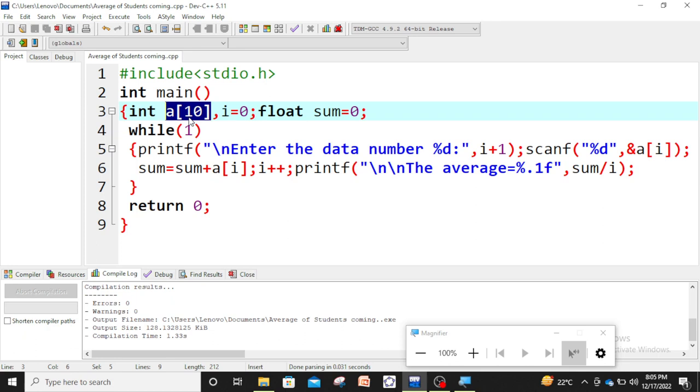and hence the memory allocation done by an array is called static memory allocation. Static memory allocation. And there is a way in C program to get dynamic memory allocation. I will show you how we can get dynamic memory allocation. Dynamic memory allocation